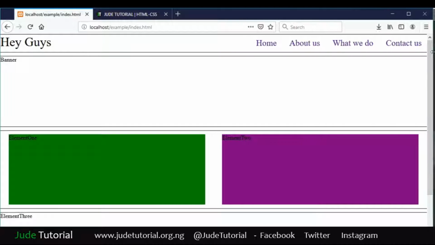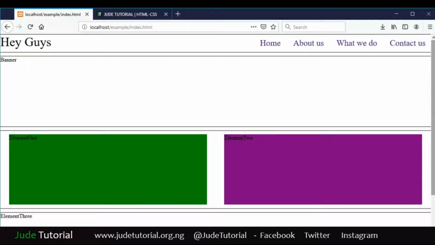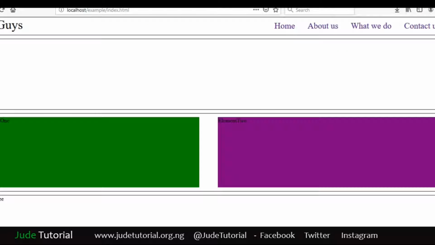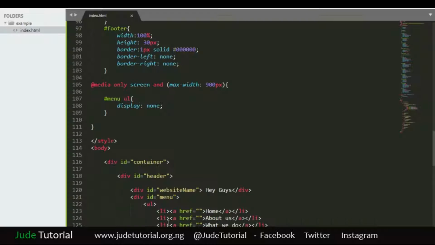So we said first thing first, which we've achieved in just one step, is that we want this thing to disappear when it is about 900, which we have achieved. What's the next thing we said we wanted to have? We want to make sure that as soon as this disappears on this side, on this point, we want to have the three